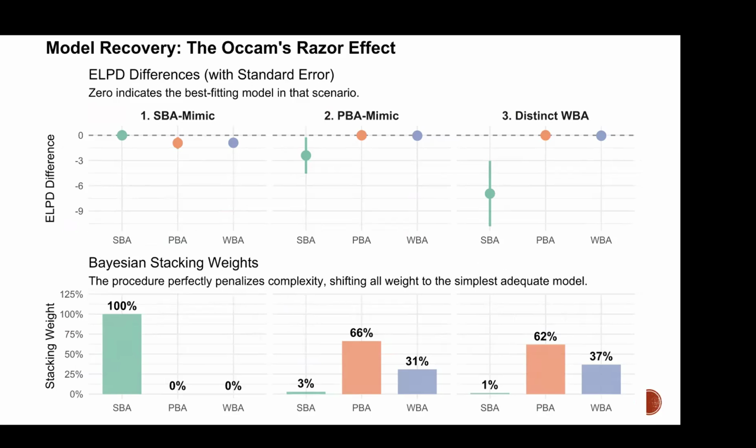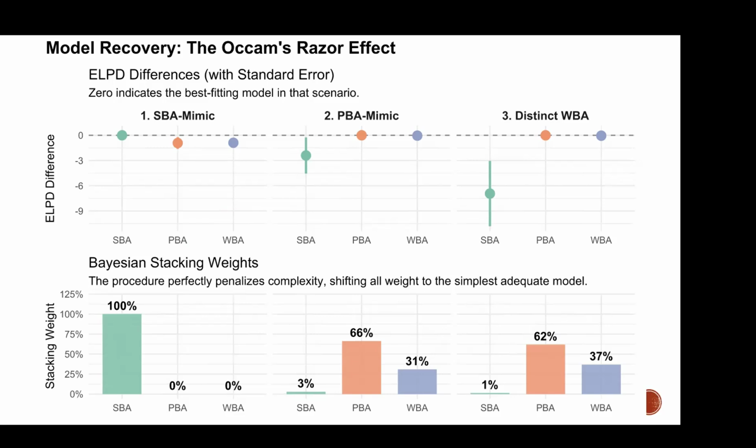So the code is in the course notes, but let's look at it. We do the LOO on the 9 fitted models, and then we look scenario by scenario at which has the lowest, or the best, ELPD, right? Expected, oh, I forgot now, log probability density or something like that. 0 means the best model. Deviations from 0 mean that you lose some out-of-sample performance, right? Estimated out-of-sample performance.